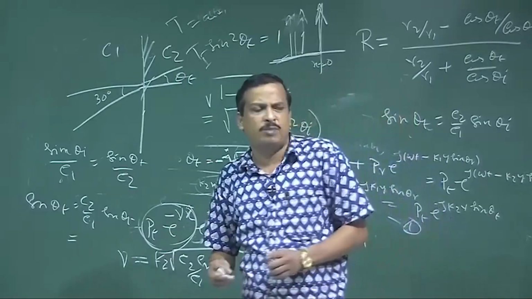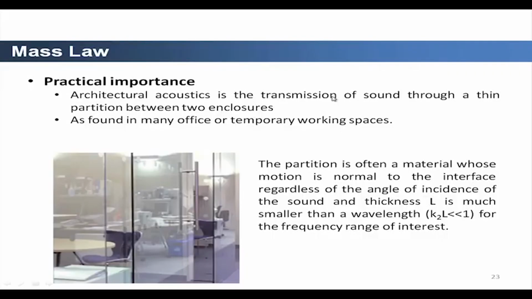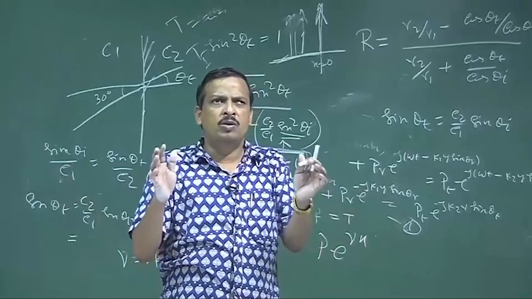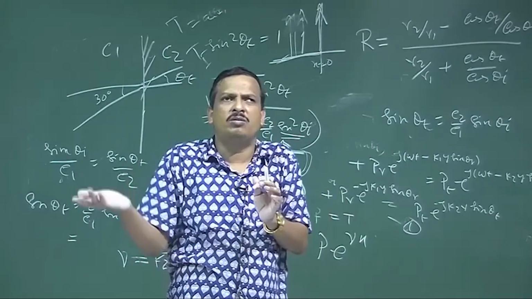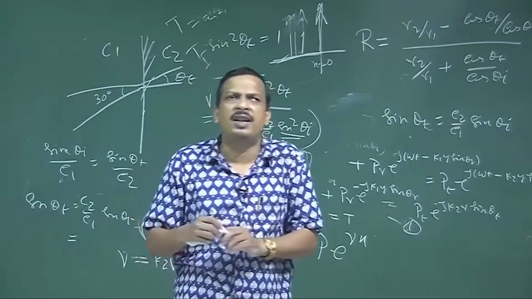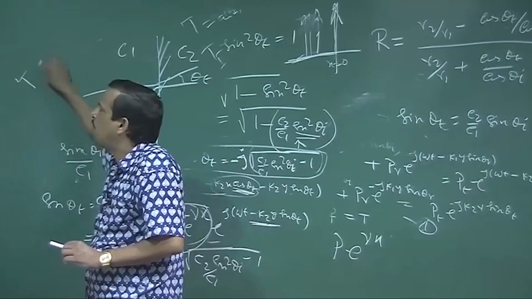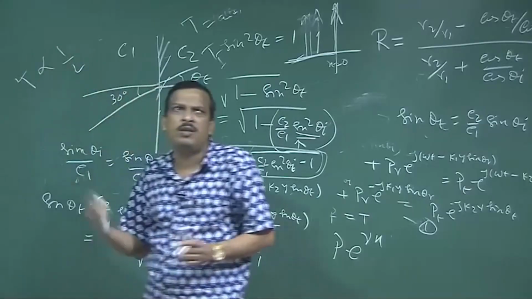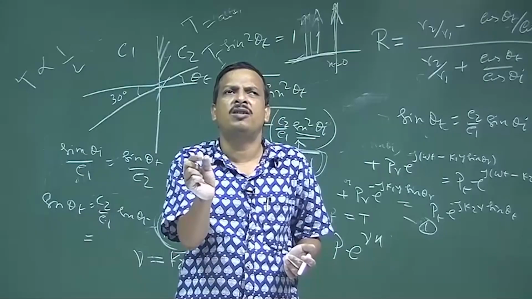Now, there is an important physical property in acoustic wave transmission, which is mostly used in architectural acoustics. Generally, in a factory you see a lot of machines on a floor, and there is a room separated by a glass partition. Once you are inside the room, the sound created by the machine is reduced drastically. But you have studied that the transmission coefficient is inversely proportional to L, and the glass partition is very thin. So, how is the sound